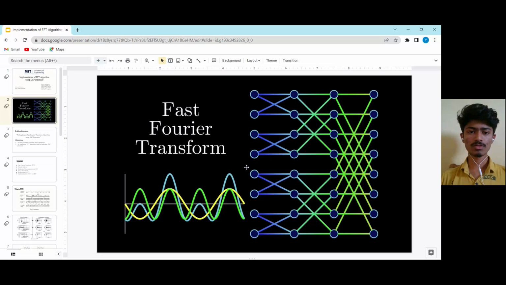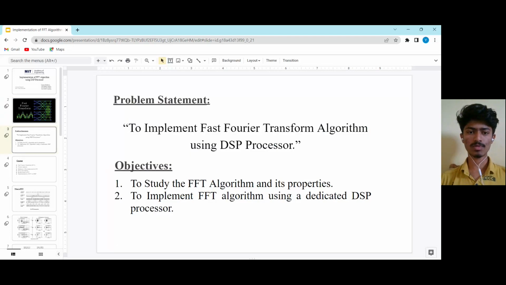So here we go. Basically, the fast Fourier transform is called FFT. It is an algorithm which computes the discrete Fourier transform and its inverse, that is the IDFT. So the problem statement is to implement the fast Fourier transform algorithm using a DSP processor, and the objectives for this presentation